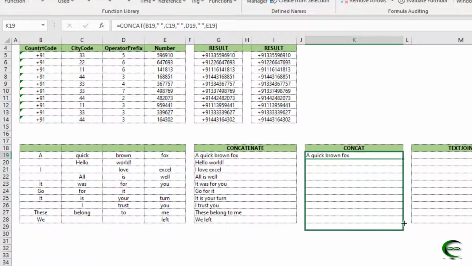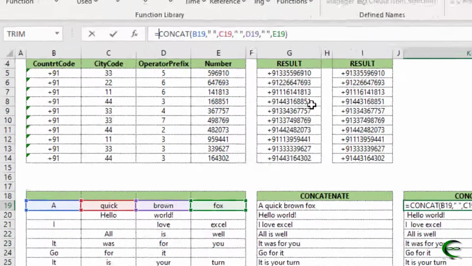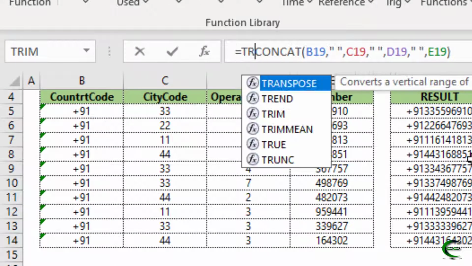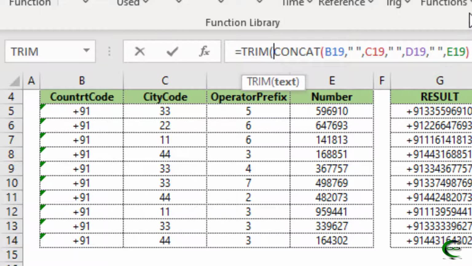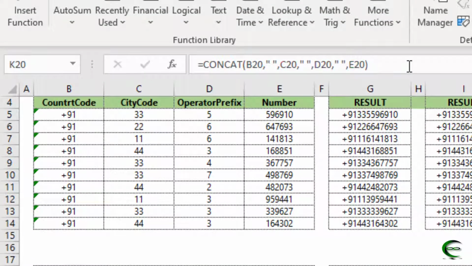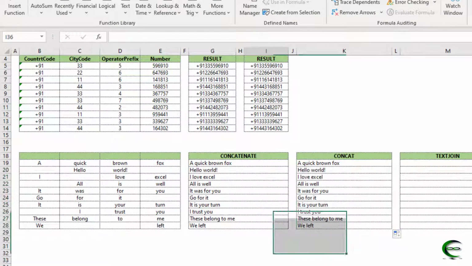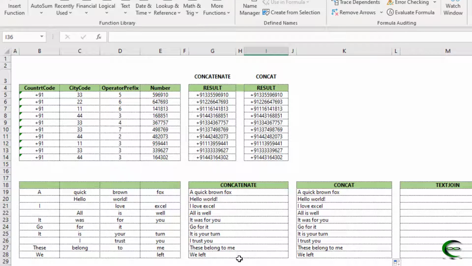Here also we need to apply TRIM before CONCAT to remove unwanted space. So you must notice that while creating a complete telephone number, CONCAT was better, but for making sentences by adding words, CONCATENATE and CONCAT are the same.